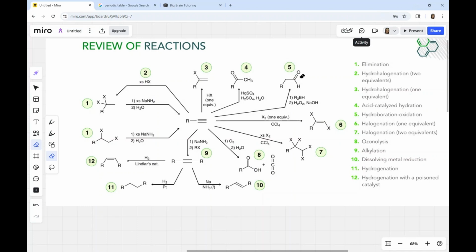Nice. Okay. And so let's start. Let's talk about chapter 9. Chapter 9 is all about alkynes, addition reactions of alkynes, or I guess just in general, different types of reactions